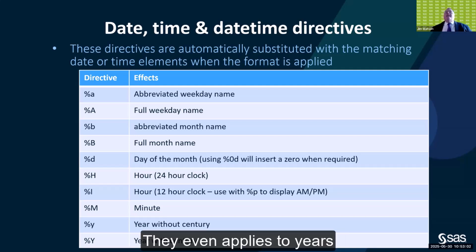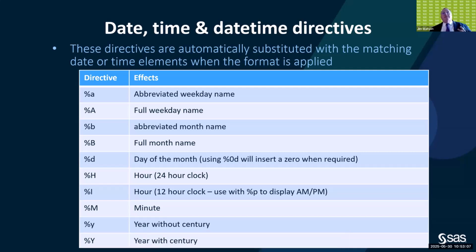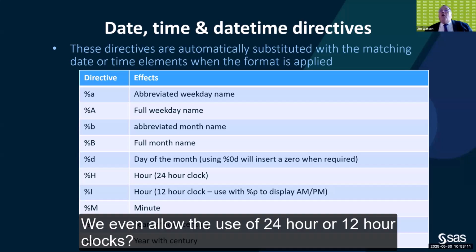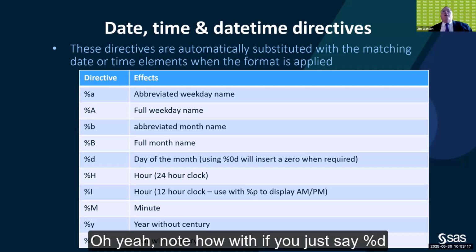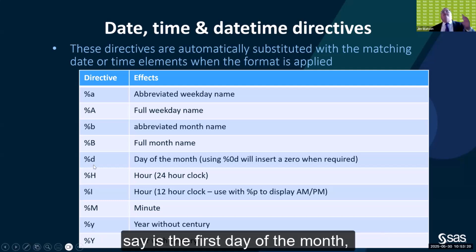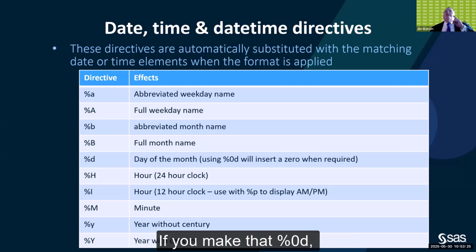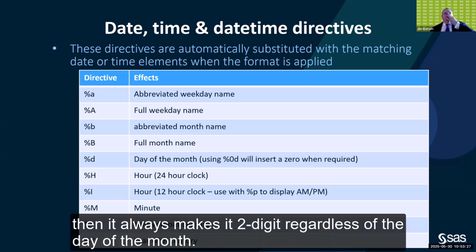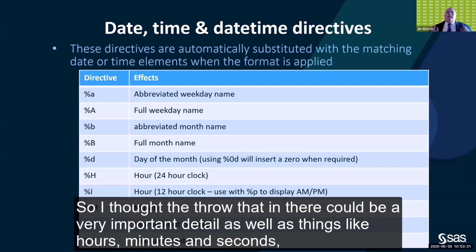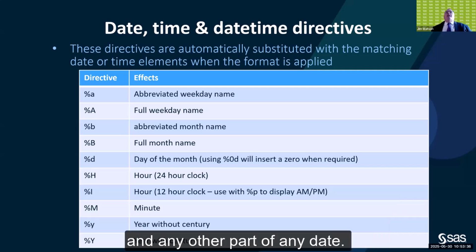That even applies to years. If you look down at the bottom, lowercase y is a year without the century, uppercase Y is a year with the century. We even allow the use of 24-hour or 12-hour clocks. Oh yeah, note how if you just say %d, and it's the first day of the month, it's just going to return a 1. If you make that %0d, then it always makes it 2-digit regardless of the day of the month. So I thought to throw that in. That could be a very important detail,